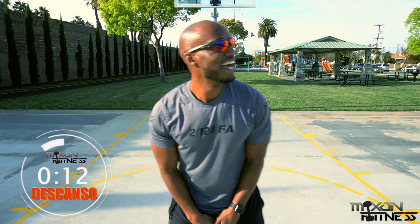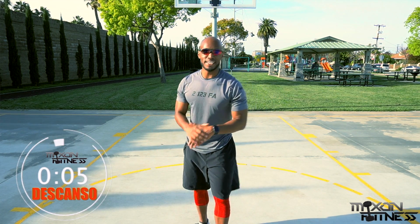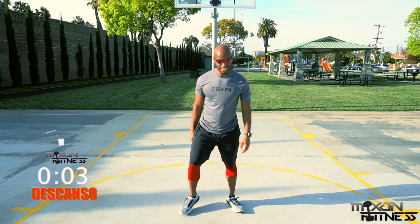Inner thighs, they're on fire too. Anyway, I hope you guys are enjoying this. Make sure you drink some water, beating that heat, all right? Do some exercises. Do this 2 more times after this. 3, 2,